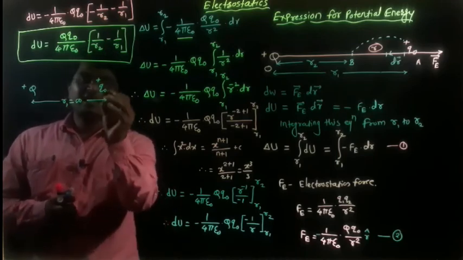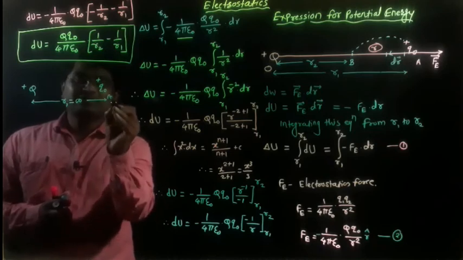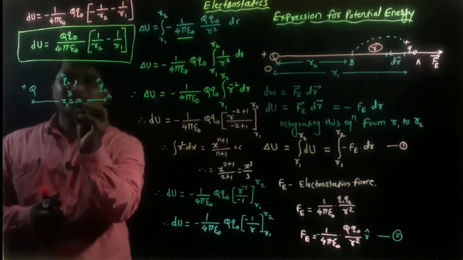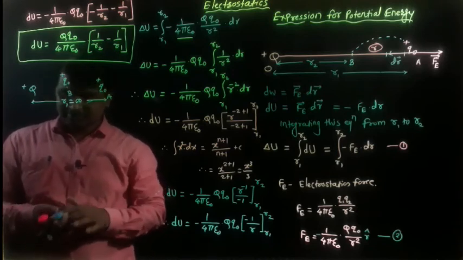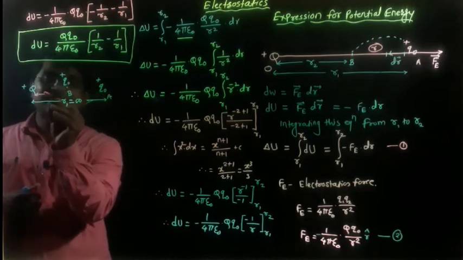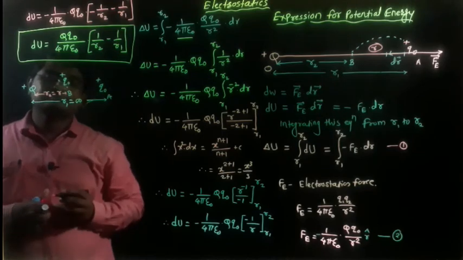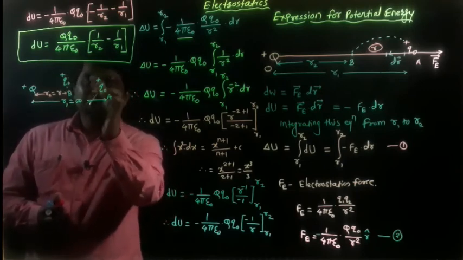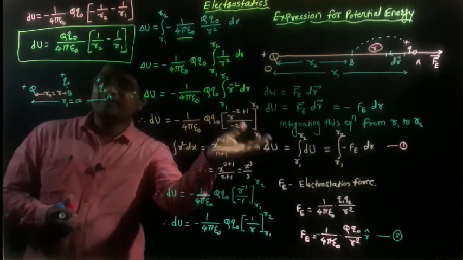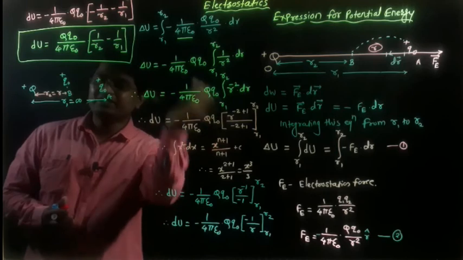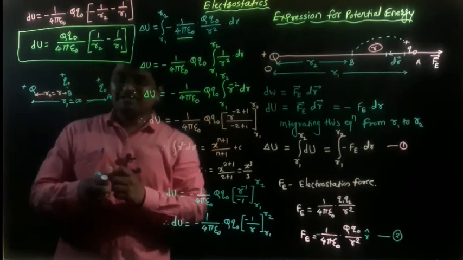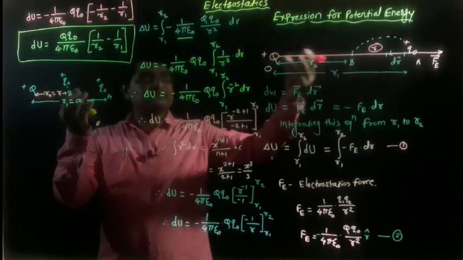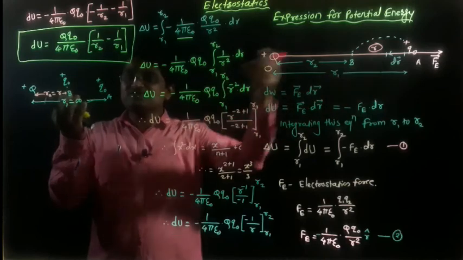This is point A, and imagine that then it moves and reaches here, at the point B. So the final distance will be denoted by r2 is equal to r. So what is the change in potential energy when the unit positive charge is shifted from infinite distance to the present location? Let's imagine that this is very far q naught and this is the positive charge. At an infinite distance it will be shifted and reach here, a finite distance.